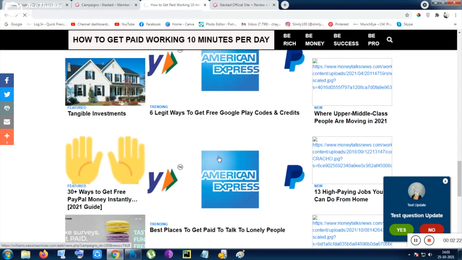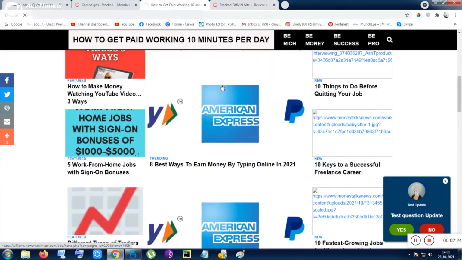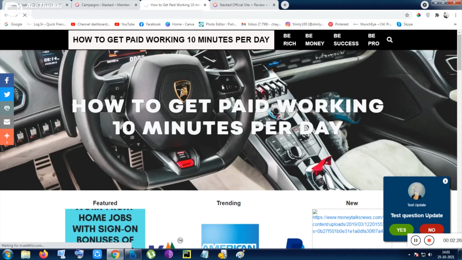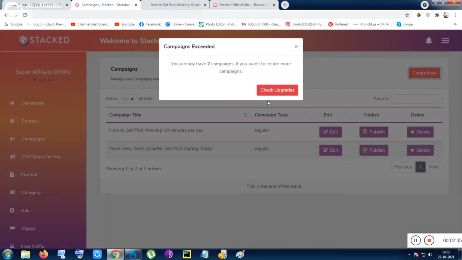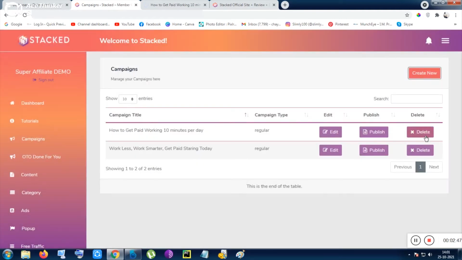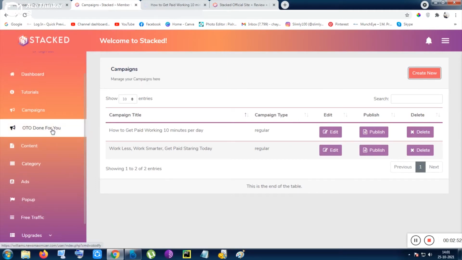So you can use other people's content to get traffic, to get sales, and to run your website, and this will be done in a fully automated way. You can click on create new, and inside the front end you are allowed to create only 2 campaigns. The front end comes at $19. If I delete one of them, then I will be allowed, and after that I have to fill up some forms, then my campaign will be ready. I don't want to waste your time, as I have told you.